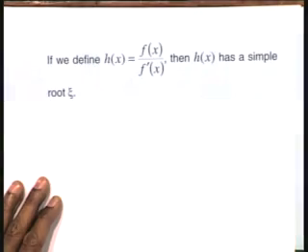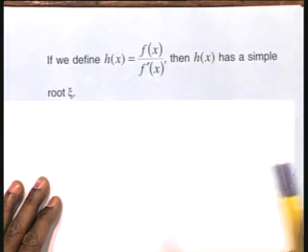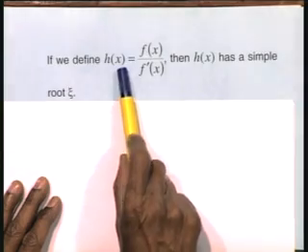xi. Therefore, here we are already suggesting a method: if I have a method for finding a simple root, I can use the same method for obtaining the multiple root also, if I use a new function h(x) equal to f(x) upon f dash x. That means if I know that a particular function has a multiple root and I do not know its multiplicity, then I would take the ratio of f(x) by f dash x. f(x) by f dash x has to have only a simple root. Therefore, I can use the method that we are now trying to construct for finding a simple root also for the problem where it has a multiple root whose multiplicity is not known to us.